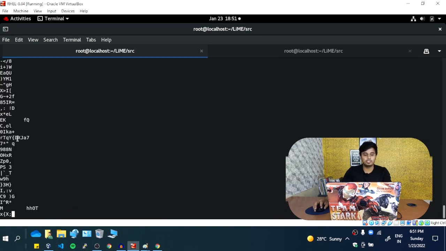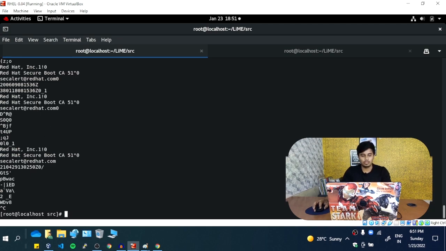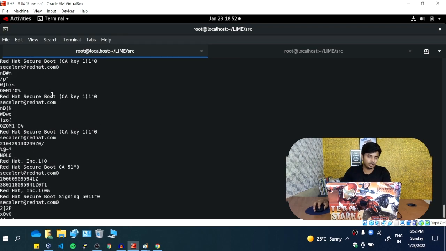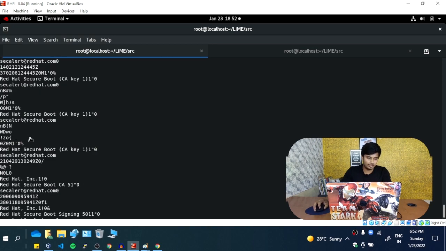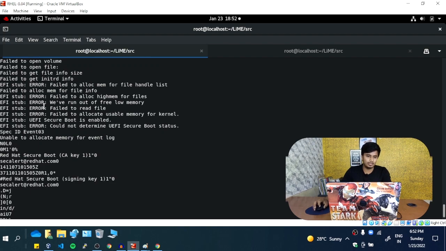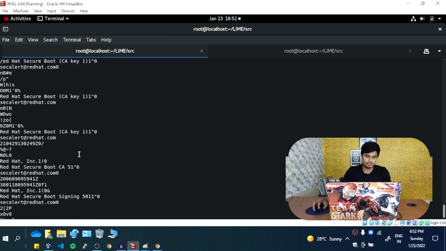Now the output has improved. Initially it was some sort of symbols, now at least it is understandable, but it is not meaningful. So let me again improvise the output. This is basically RAM data. You can see Red Hat secure boot, and all sorts of variables being stored, some numbers. There is a lot of data, but it is not understandable and has no meaning. There is boot, exit boot, failed, read ROM, all these things.